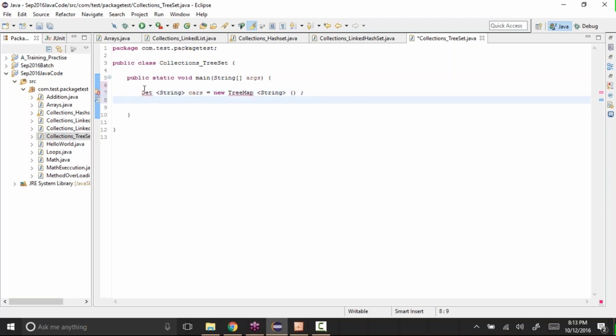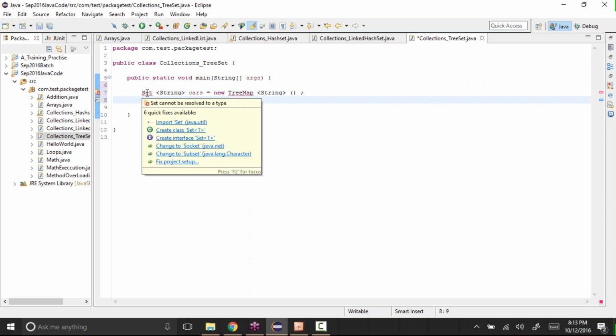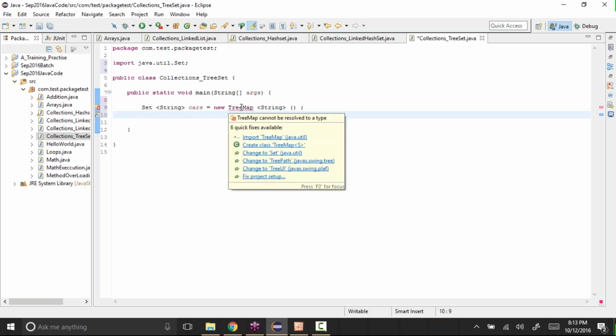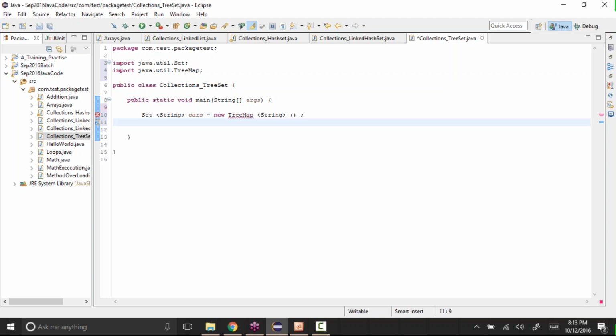Again, it does not know what set is, so hover over it and import the set. In the same way, for tree map we need to hover over it and import it.